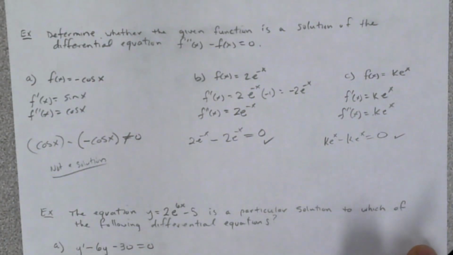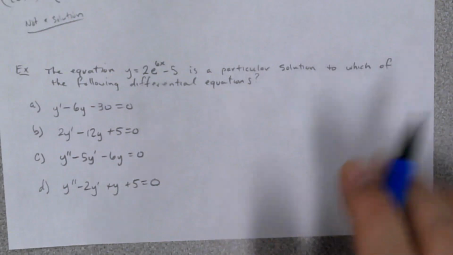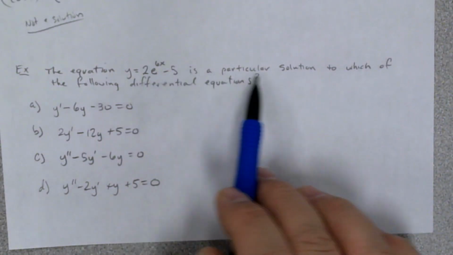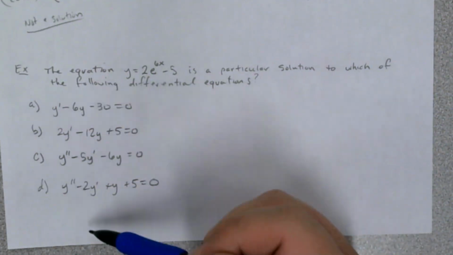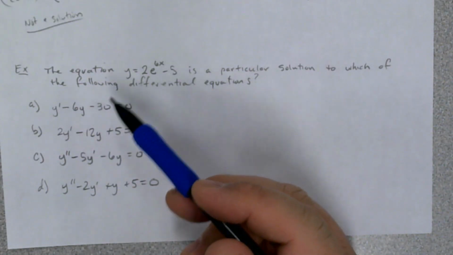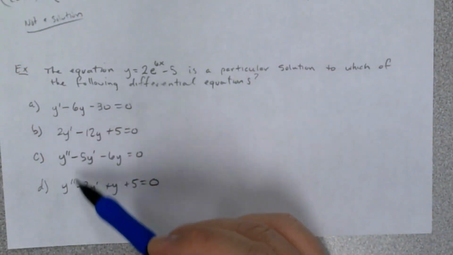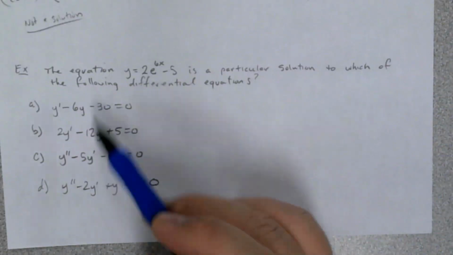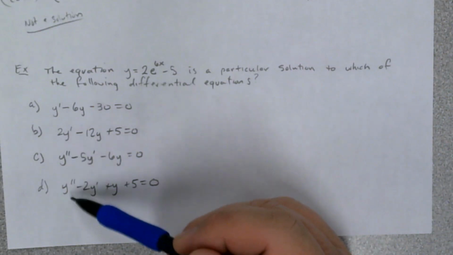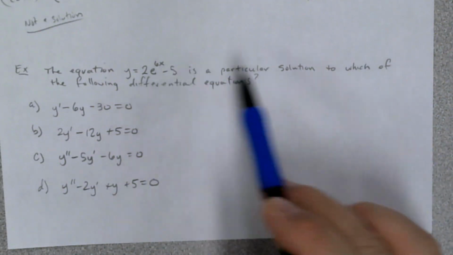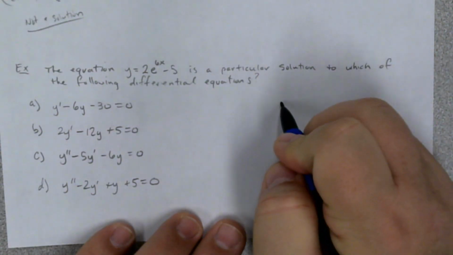And let's just look at some variations of our problems that we might see on a test or something along those lines. Here the equation is a particular solution of which of the following differential equations. So we have all these equations down here, and so you look at the choices. This is my y. If it says it's a solution, I can then plug into these and see which one is the correct answer. So in doing so, the highest derivative I see in here is a second derivative, so I'm going to have to go do a second derivative of this function so I can see how those answers play out. So the first thing we're going to do is take and find y prime,